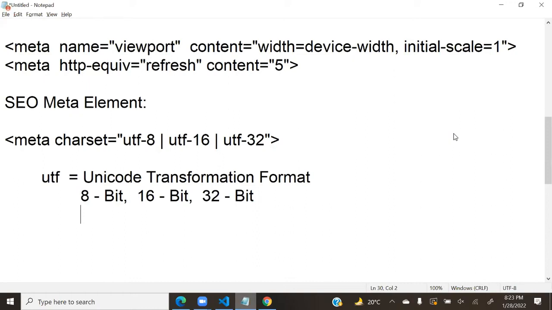Bit size means memory size. If a large memory size data is coming, it thinks, okay, this is not English. Actually 8-bit is used for English. US English, UK English, Britain English, Indian English, any English, a light character set will be there. General English means a light character set.